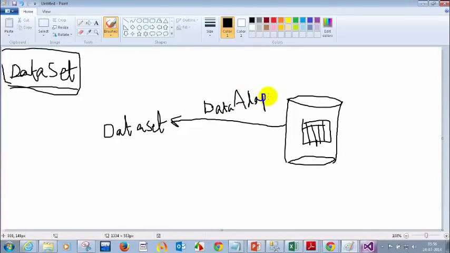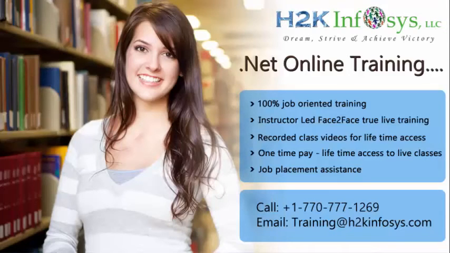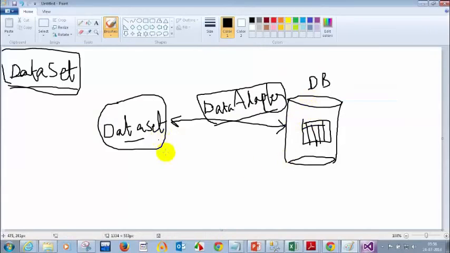The data adapter is something like a mediator between the DB and the dataset. The name itself tells that the adapter acts as an intermediate layer between the DB and the dataset.